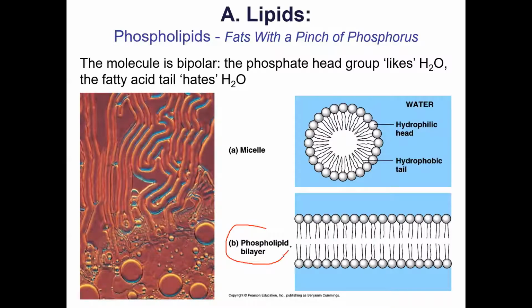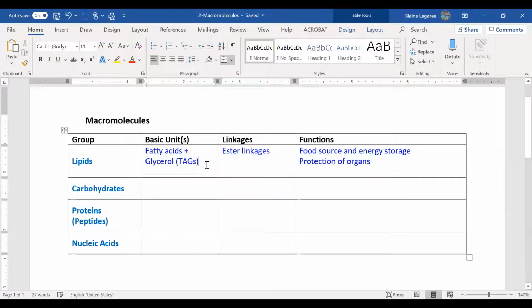and the structure we're really interested in this class are these bilayers. So you can see what's happening with these phospholipid bilayers is that the polar portion, the phosphates, are polar and hydrophilic, so they can interact with water. And the hydrocarbon tails are hydrophobic and they can't interact with water. So you have the phosphate heads contacting the water, and you have the hydrophobic tails making their own zone, and it becomes a phospholipid bilayer, which, as you probably know, is a very important part of our membranes. So let's go back to our Word document, our whiteboard,